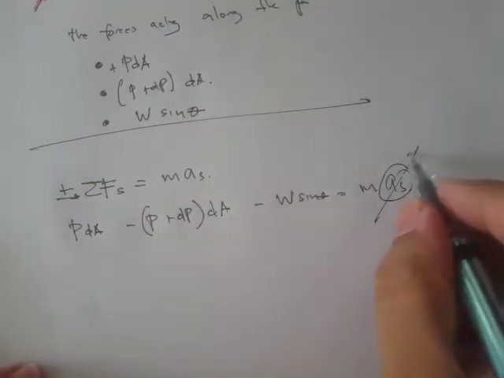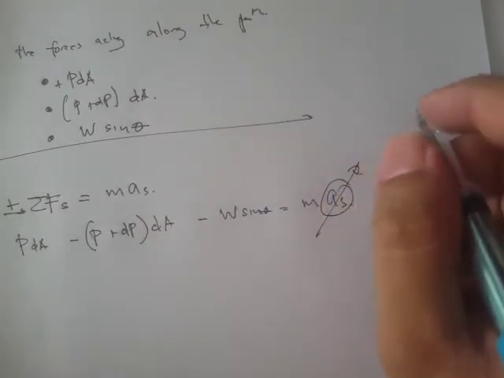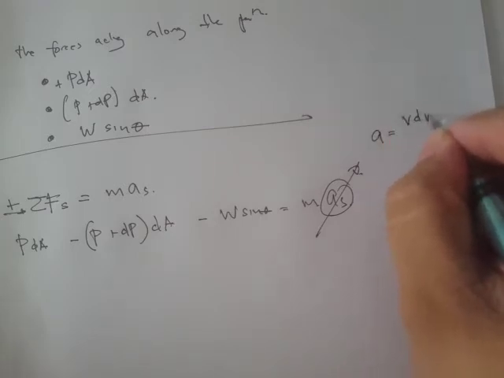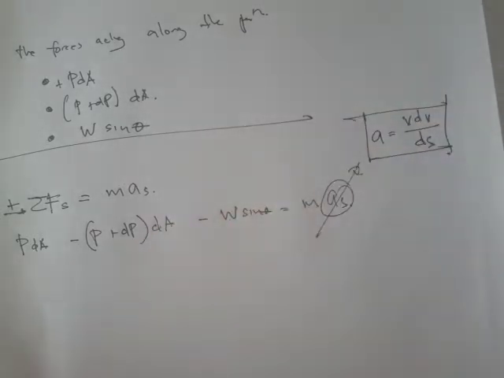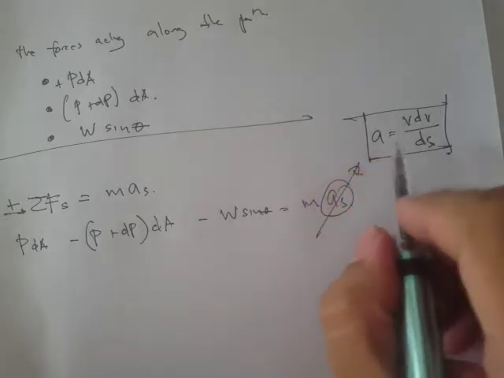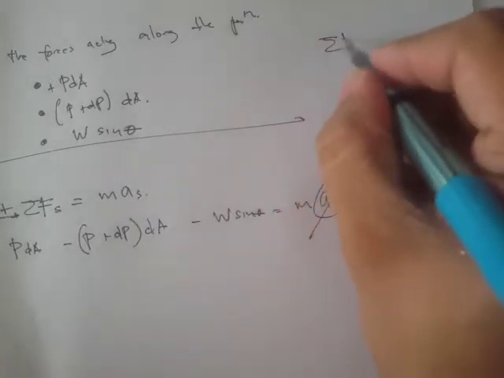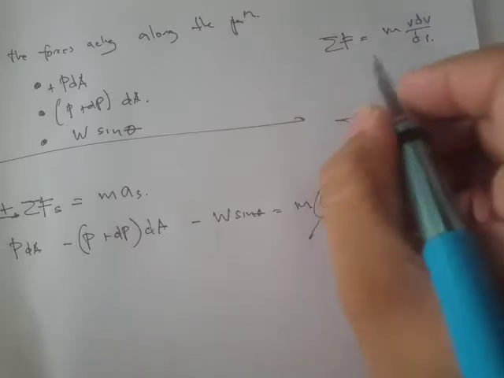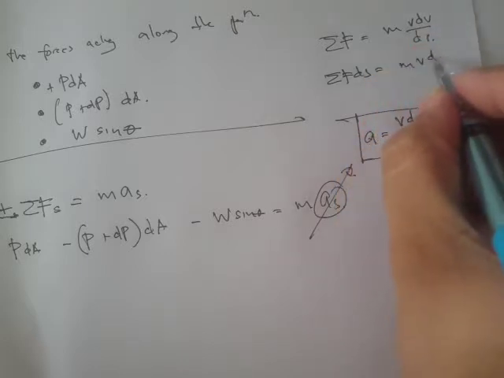Now let's express this a_s. We can express this as a function of position. So that's V dV all over ds. Now this is actually a work energy principle. If you recall that in our course in dynamics, if we use this expression, a is equal to V dV all over ds, right? Summation of forces is equal to m v dv over ds, then that's going to be F ds is equal to m v dv,